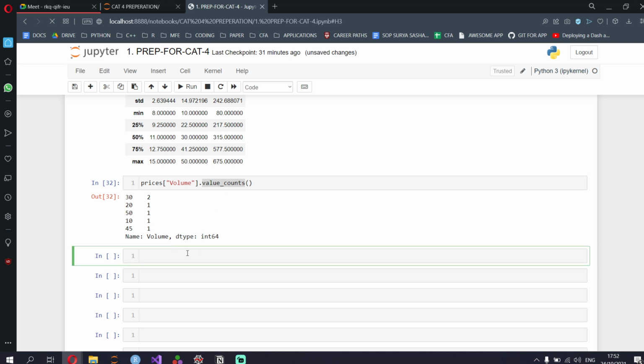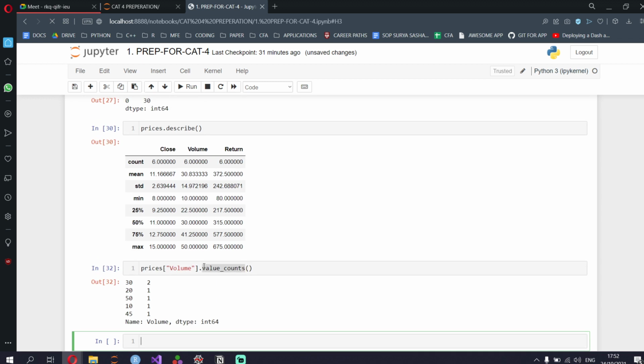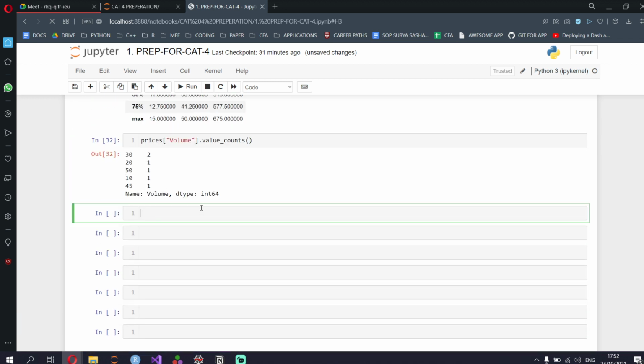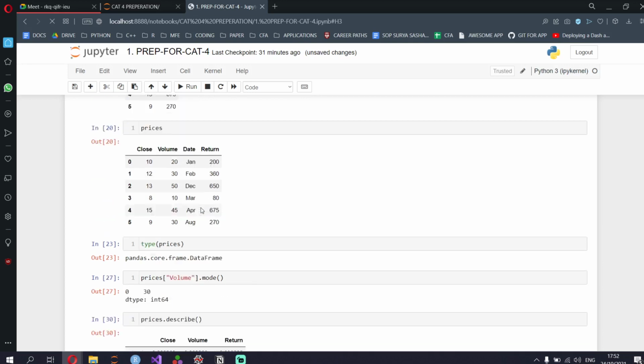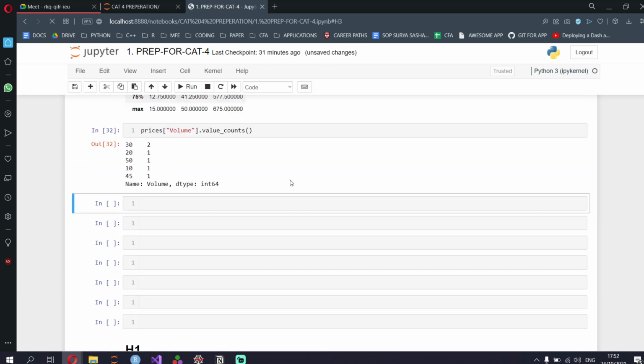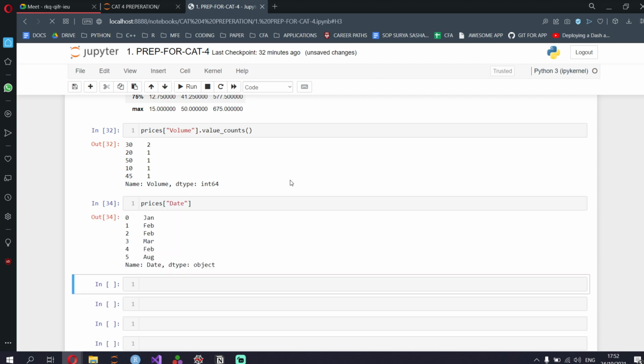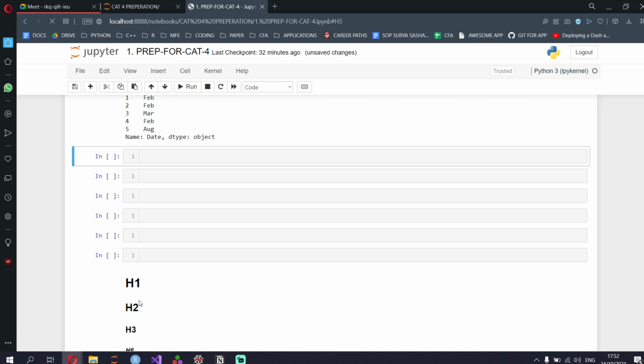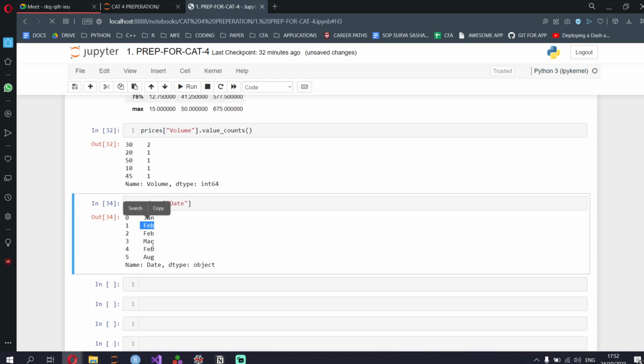Another thing is, if you want only the unique values of a data frame, so say over here in date, say I've added February 2 times. February is there over here, and over here 3 times. Say you only want the unique values, and obviously our data is not going to have only 6 rows, and you won't be able to count each and every row. Imagine counting for thousands of rows, being like, okay, there's 1 Jan, 1 Feb, and all of that.